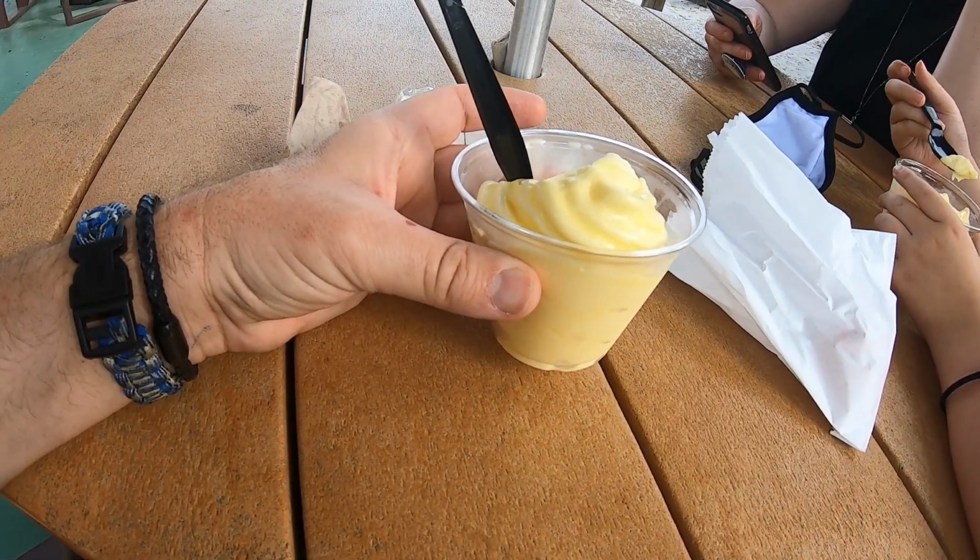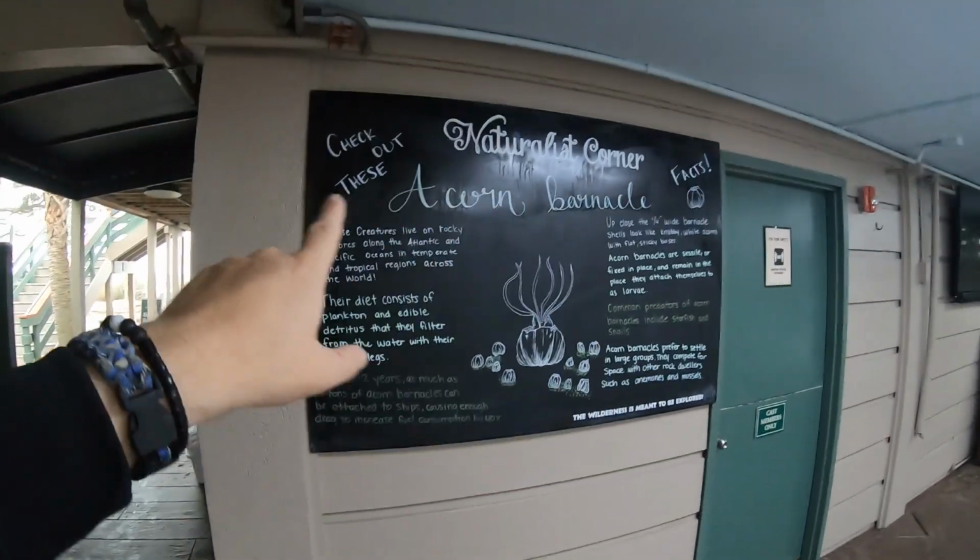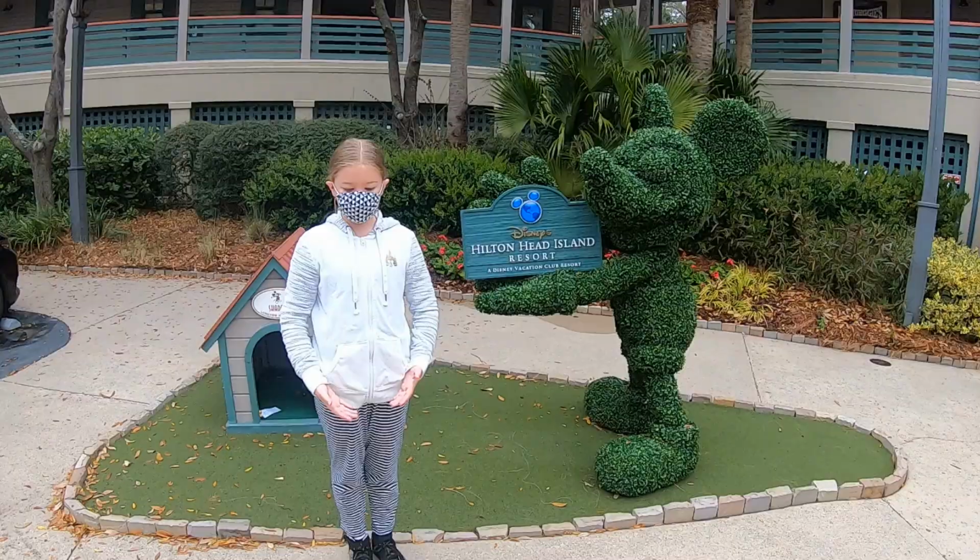So yes, you can get the Dole Whip here. Not so hidden Mickeys on that one. And here on local wildlife, which we think is really neat. So today,